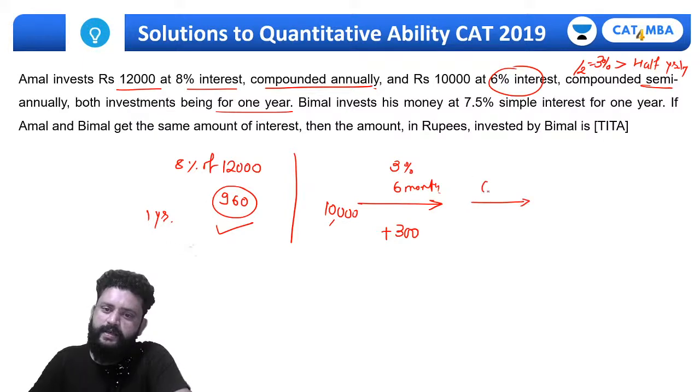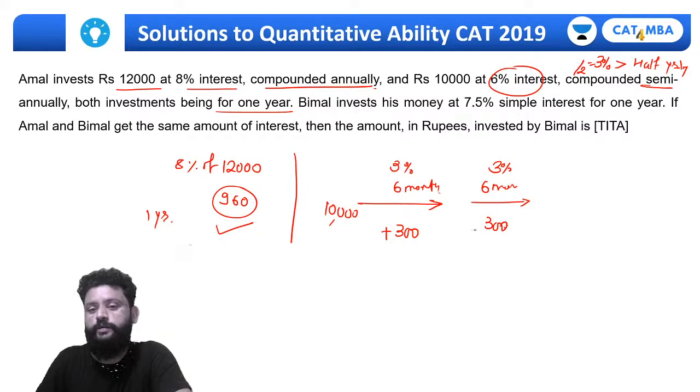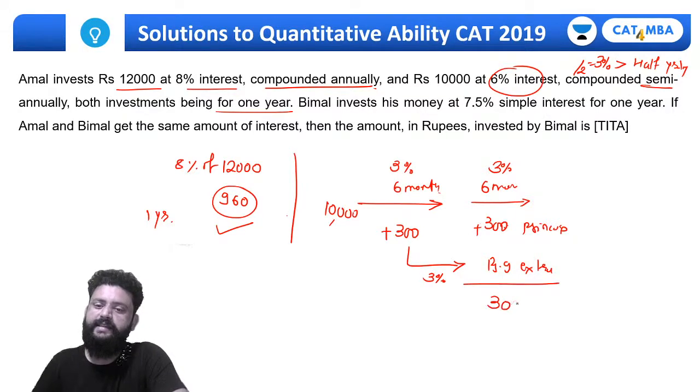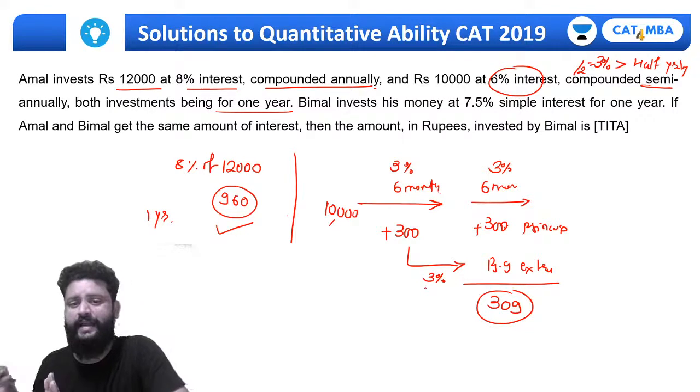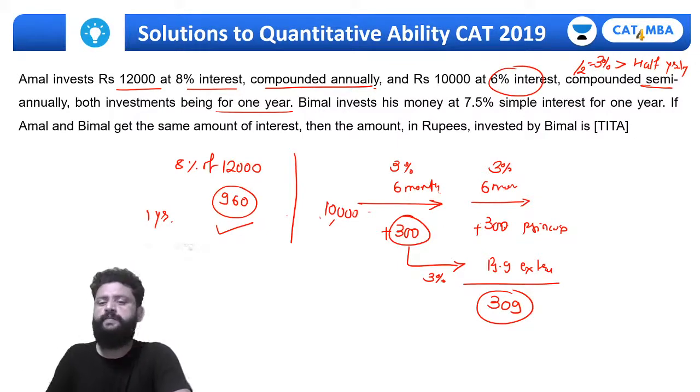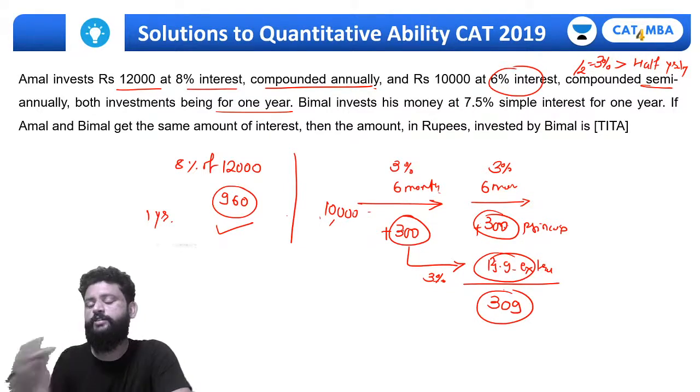प्लस नेक्स्ट 6 मंथ अगेन 3% मिलेगा, 300 रुपीज। 300 रुपीज किस पे मिलेगा? प्रिंसिपल पे। बट ये जो इंटरेस्ट है, इंटरेस्ट पे इंटरेस्ट मिलेगा 3%, विच इज ₹9 एक्स्ट्रा। तो दूसरे साल 309 मिलेगा। सो दिस इज द बेस्ट वे टू कैलकुलेट इन माई ओपिनियन, बिकॉज सिंपल 10,000 वैल्यू आया है, 6% वैल्यू है, 3% तुम दो बार कैलकुलेट कर सकते हो। प्रिंसिपल पे 2 बार सेम ही आएगा, जस्ट दूसरे साल जो होगा वो 9 एक्स्ट्रा आएगा, बिकॉज लास्ट ईयर जो इंटरेस्ट मिला है उस पे इंटरेस्ट मिलता है कंपाउंड इंटरेस्ट में।